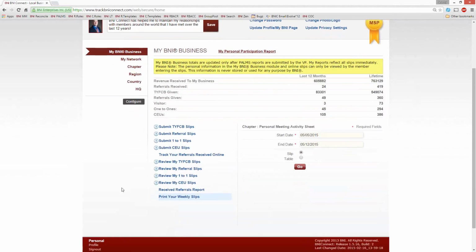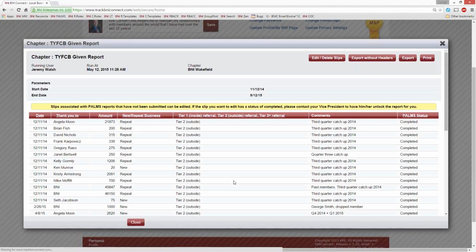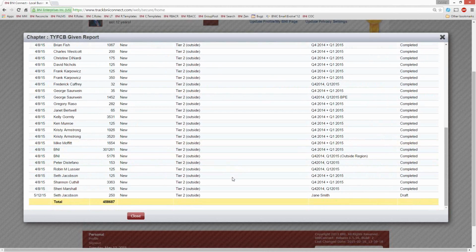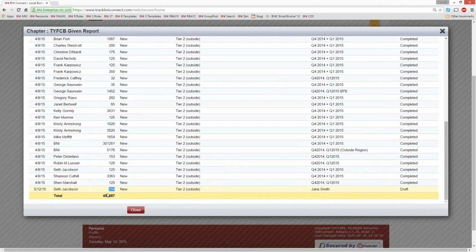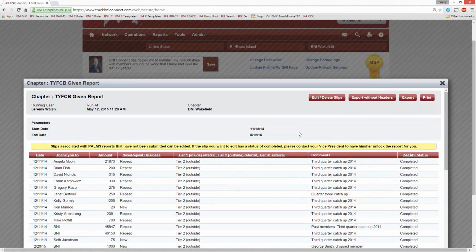So let's say, for example, I had that thank you for closed business slip. So if I go in to review my thank you for closed business slips, and this slip that I passed into Seth Jacobson, actually, that wasn't $250. It was $2,500. So let me go in and fix that while it's still in draft mode here. So if I go up to the top of this report, you'll notice a button that says Edit, Delete, Slips. If I click on this,